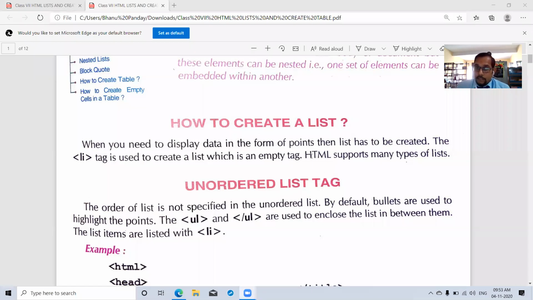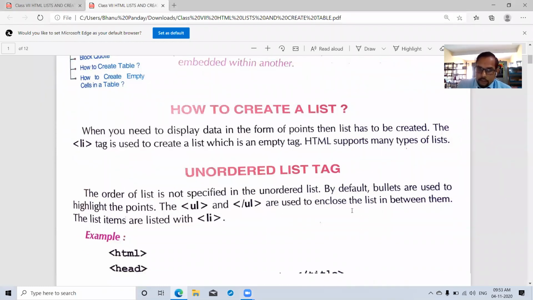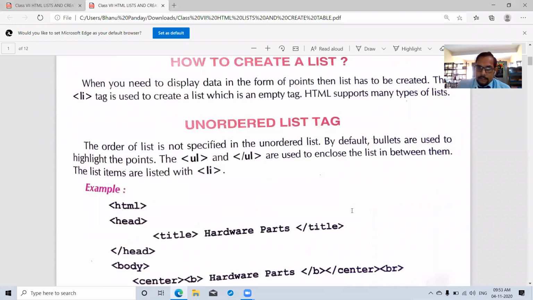Clear? HTML support many types of list. Many types of list, like first list name is unordered list. Second is ordered list. Third is definition list. So means three lists we have. One is unordered, second is ordered, third is definition list. Now first is unordered list tag.